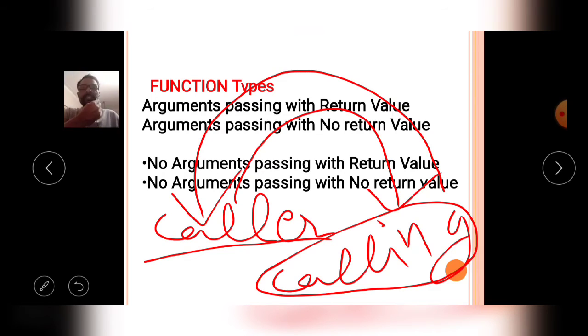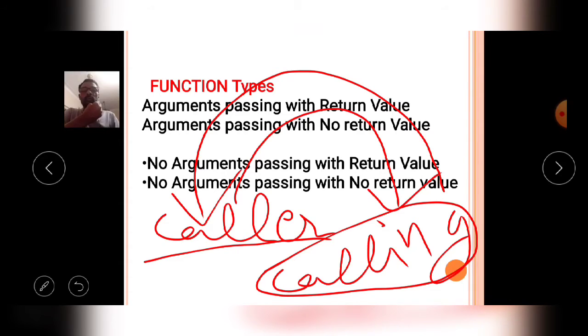In a simple manner, the function in a C language program which calls another function, maybe one or more, is called the caller function. The function which is called by another function is called the calling function.